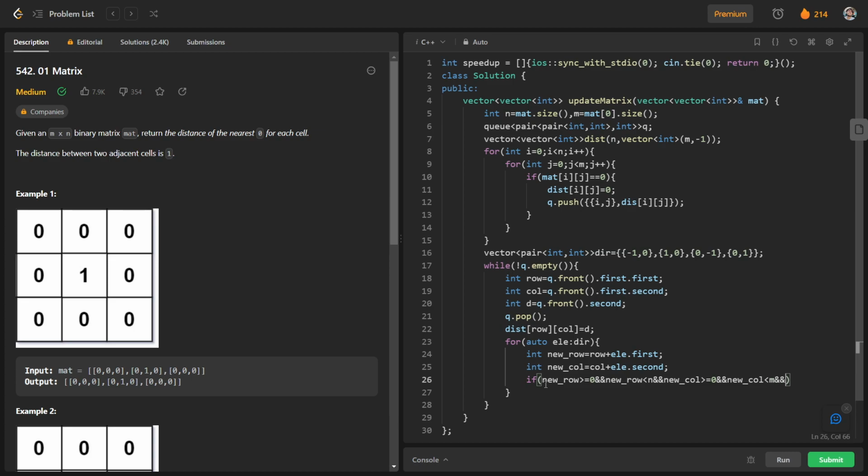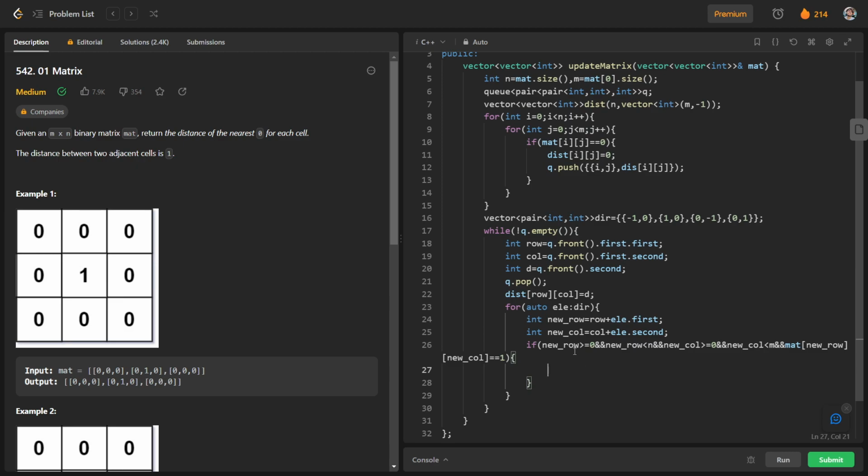And if this cell, matrix of new row and new column, is equal to 1, so if all these 5 conditions are valid, we are on a particular cell which is inside this matrix, and that cell is containing 1.